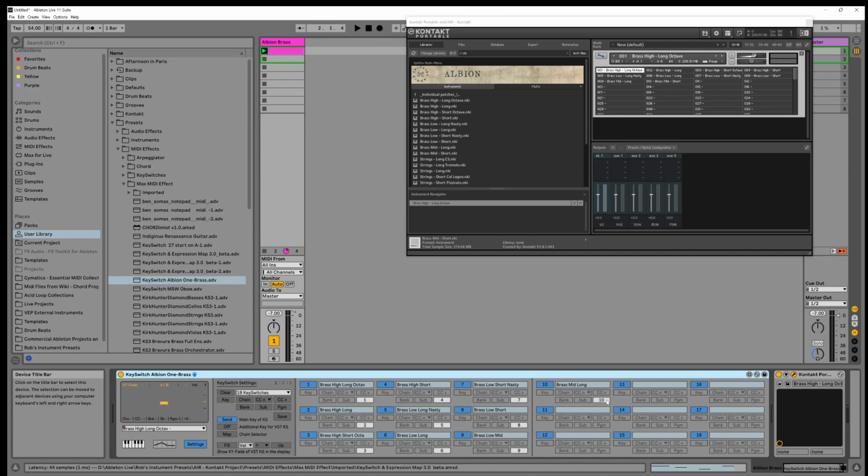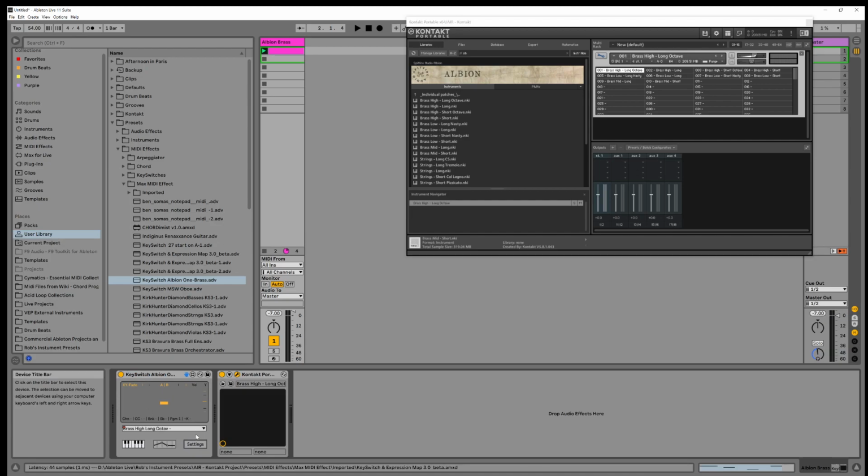But this box here, well, I close the settings. This little rectangle here, this device, this is the KeySwitch and Expression Map editor that is so vital and indispensable